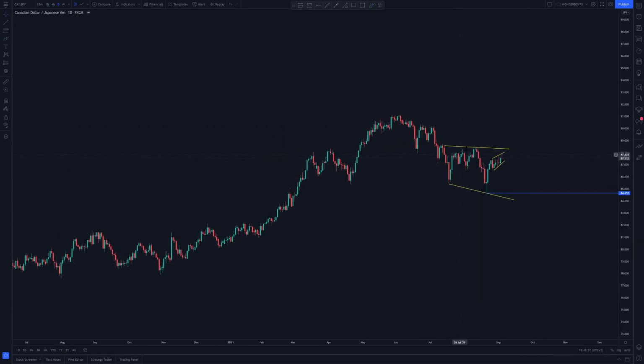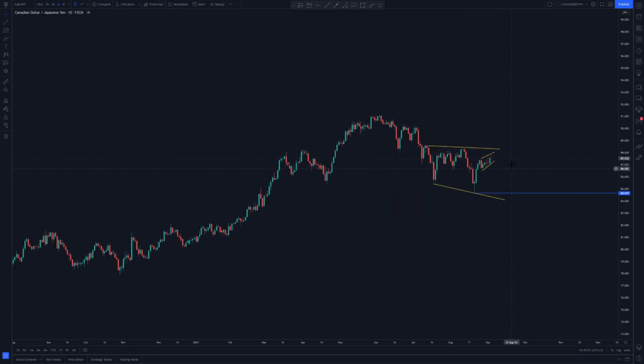So you can see we've been pushing to the downside. We've broken this low here, as you can see, and then come back to this high and then pushed again to the downside, broken this low. So price came back to the upside. So what I'm looking for now